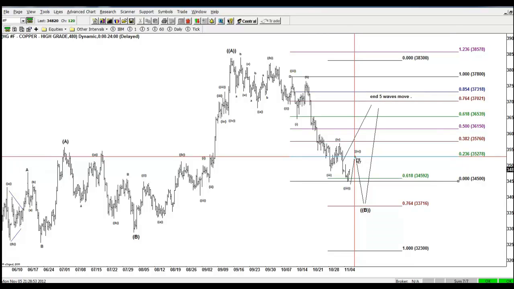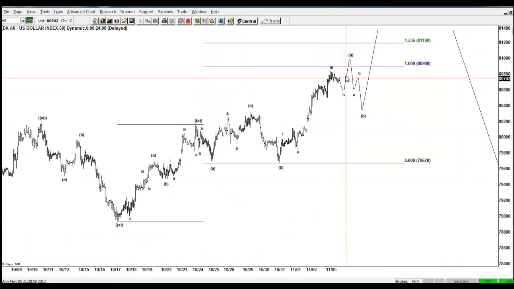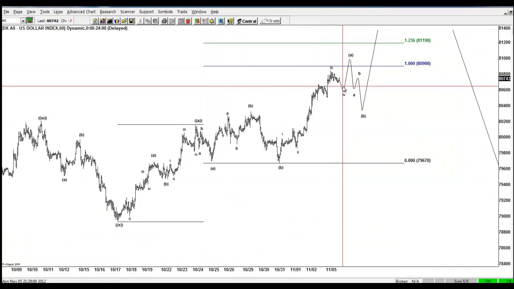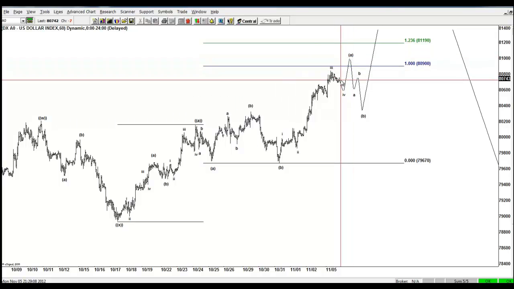And that makes me suspicious, to be honest with you guys, that the dollar in the 1 hour can have ended already this A leg, and that we're going a little deeper tonight in the dollar strength. Maybe the euro can go to 128.58 before the next leg rally, but still we feel comfortable that we got more downside. But those little details, guys, are the ones that make the difference between the Elliott Wave forecast and the rest of the service,